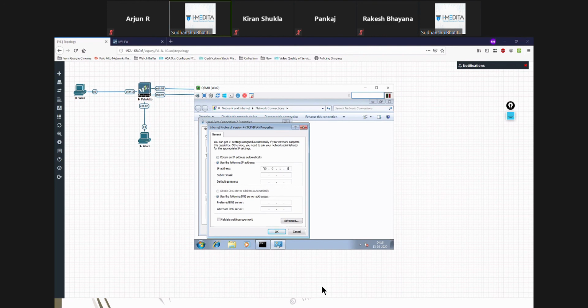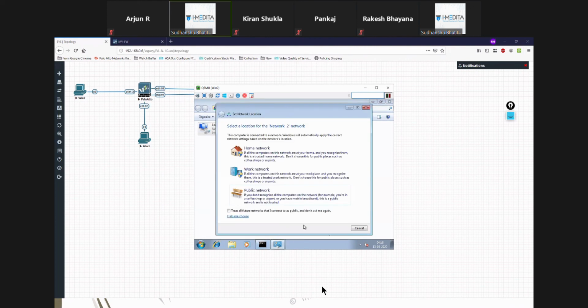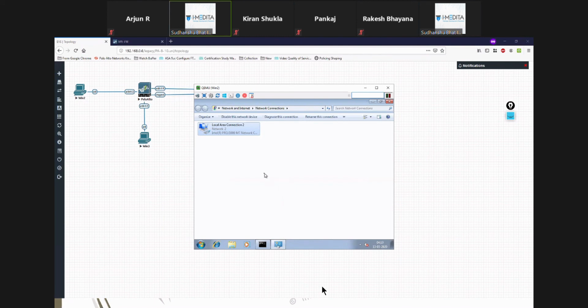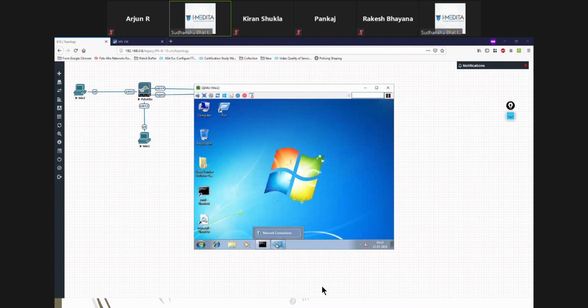Okay. So I'll give 255. Let's do the default gateway. Now see, I'll show you that later tomorrow, because we don't have much time to go into those things.